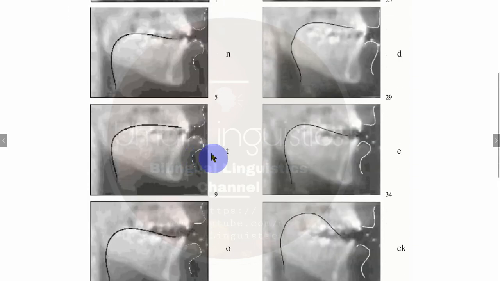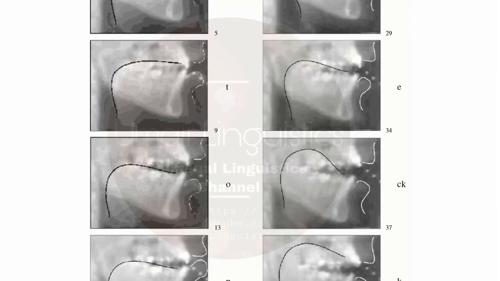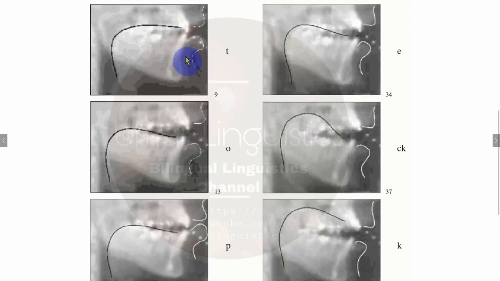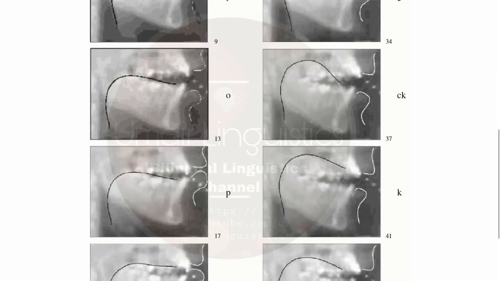Here you can see "th," and the mouth is a little bit more open, and here is the tongue, because the tongue touches at a particular position, which we will look at in incoming lectures. On the top, that was "on," and this is about "top." Here you can visibly see the tongue is a bit lower, and this is the sound "ah" in American English, on the top, but this sound is pronounced as "o" in British English. But you can see the tongue is a little bit lower here.